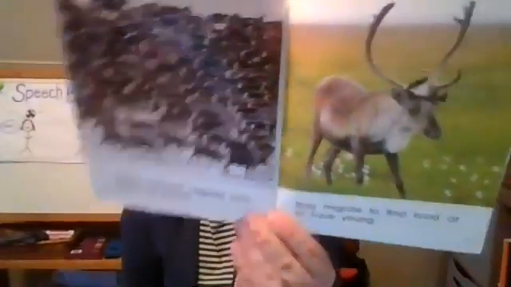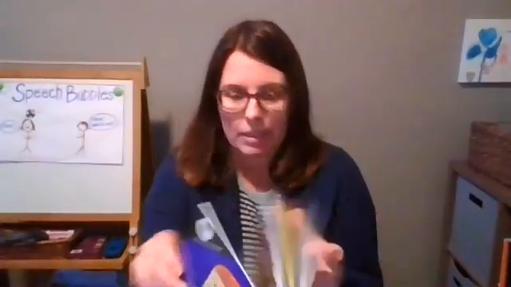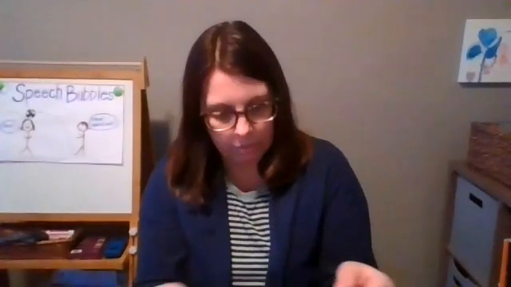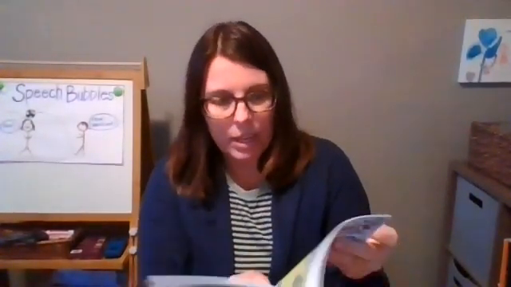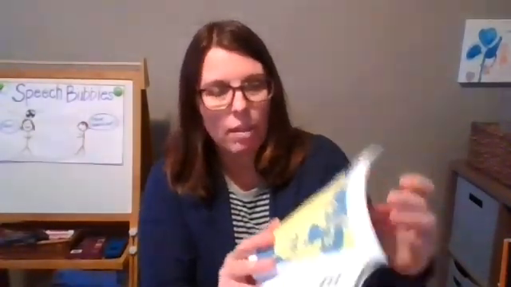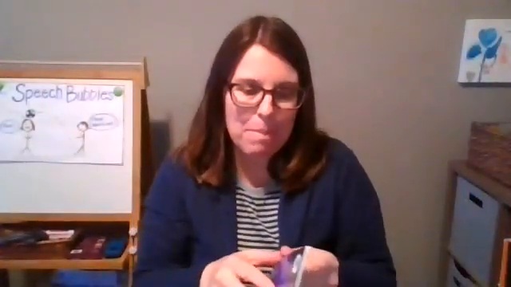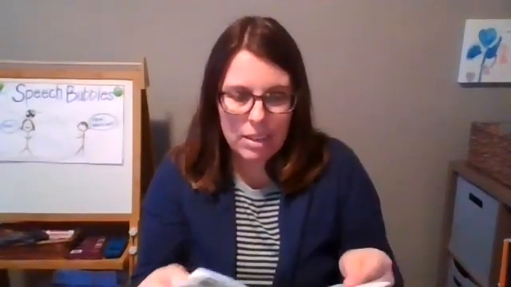And remember, we talked about that. We talked about that they might go for food to find a just right place to have their needs met. Or another reason was they might go to find a safe place to have their babies. And then here's, let's see. This is a picture of the gray whale migration right there. Okay, so that's a little bit about migration.